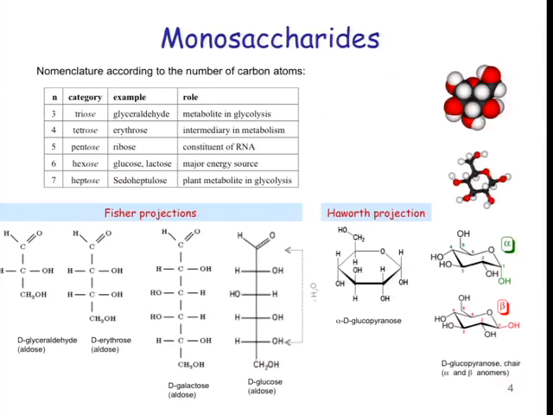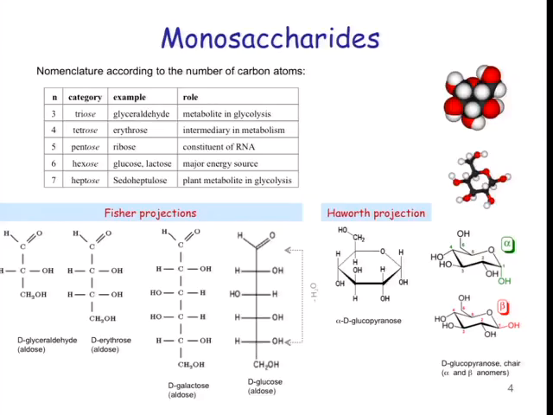So for example, we've got triose, tetrose, pentose, hexose, heptose. Glucose and lactose are a major part of this course. For nucleic acids, we've got a lot of ribose to work with, so that's going to be important. And we have metabolites, glyceraldehyde we see a lot. The tetrose and the heptose are not involved a lot in this metabolism section,